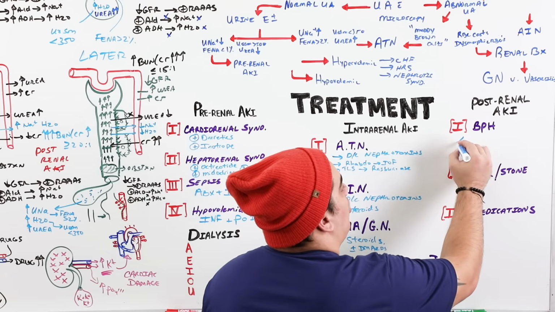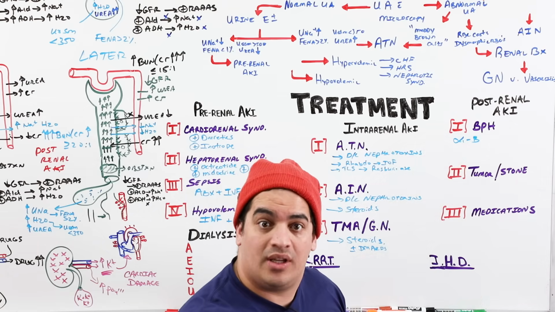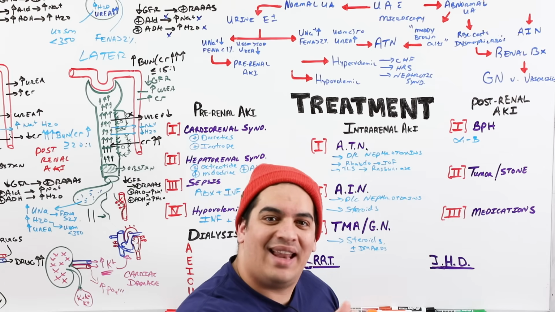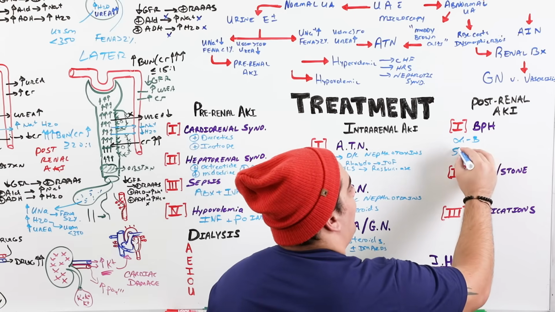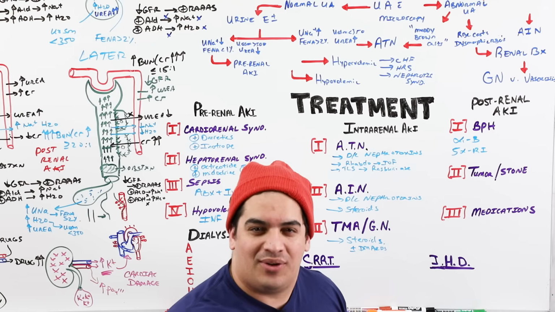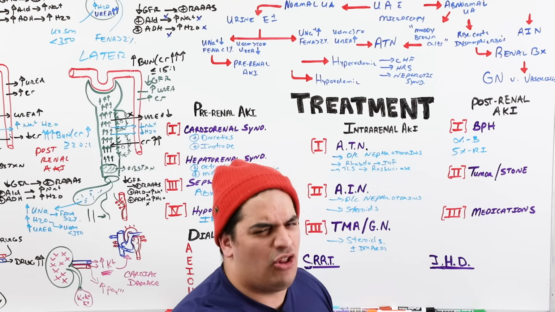I can give them things called alpha-1 blockers: terazosin, prazosin, tamsulosin. Those basically work on the sphincter and cause that sphincter to do what? Relax a little bit so that you can get the urine out of the bladder. Sometimes you may even try what's called 5-alpha reductase inhibitors, finasteride, dutasteride, right? Those help to decrease the stromal development of the actual prostate gland. They take a long time though.